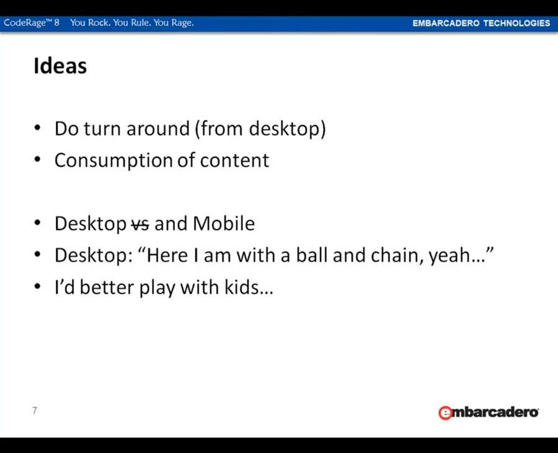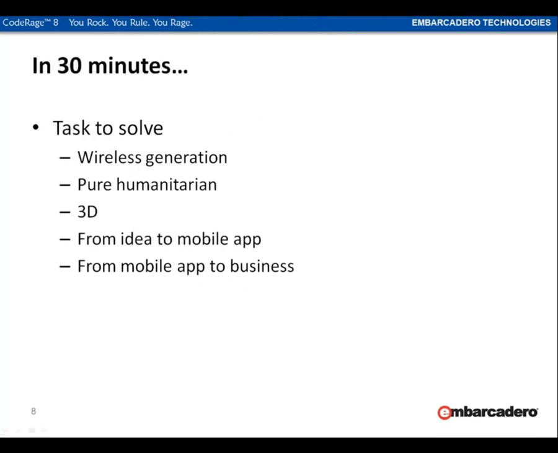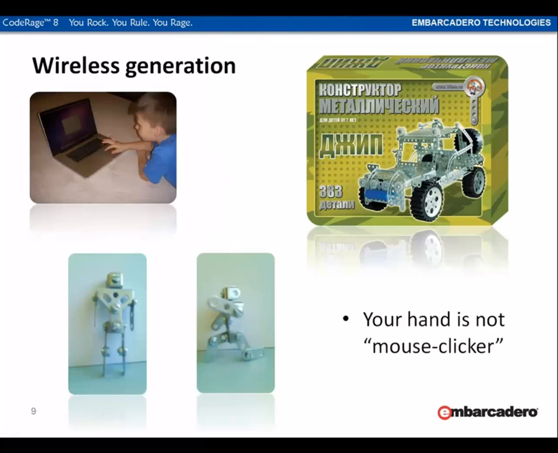Now we'll set a combined task for us to start using 3D, for kids to be smarter, and maybe for business purposes. The goal of the project will be purely humanitarian, for kids, for the wireless generation. 30 minutes is actually not enough to complete the job, but it's enough to have progress. The task appeared when I asked my son to help me in assembling some furniture. And he's 11, he's unable to hold a screwdriver. He's level 90 in an online game and a fast mouse clicker, but how will he live without basic handwork skills?